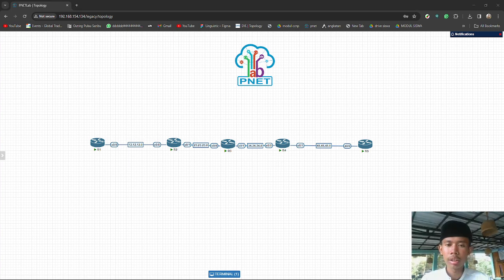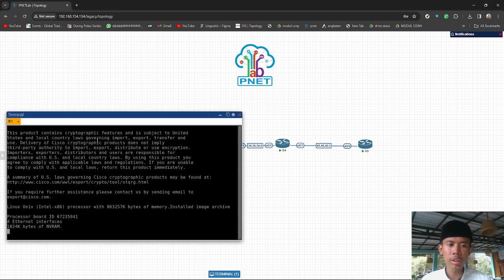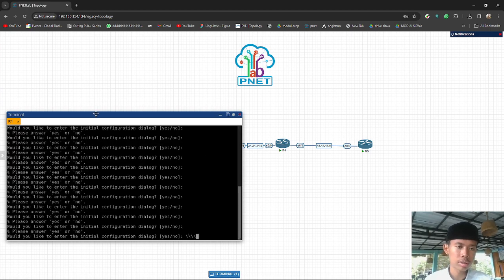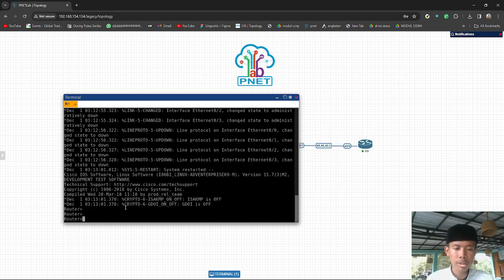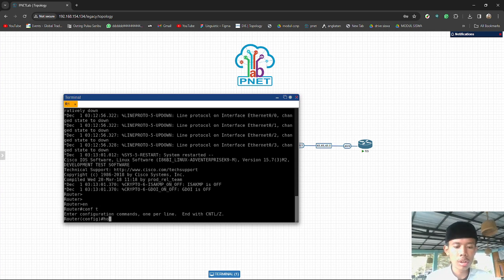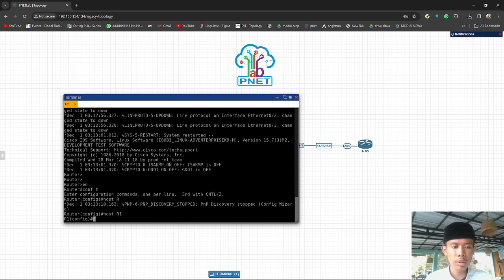Okay, let's do the configuration on the first router. First, change the host name so we will not be confused when there are many routers. The host name is R1.